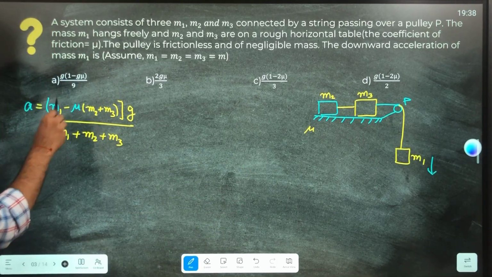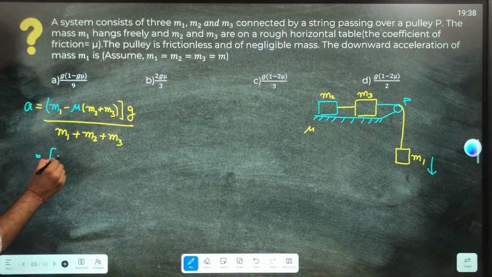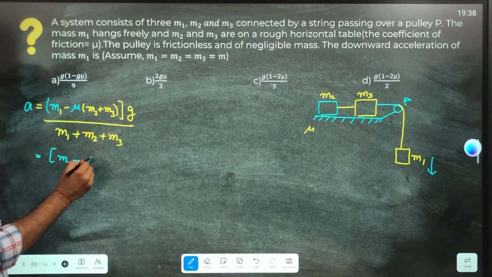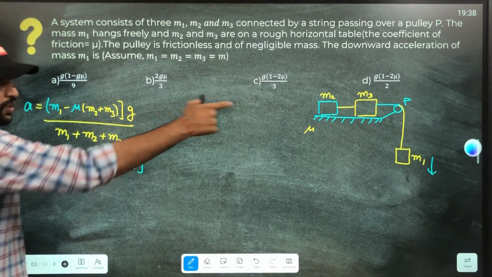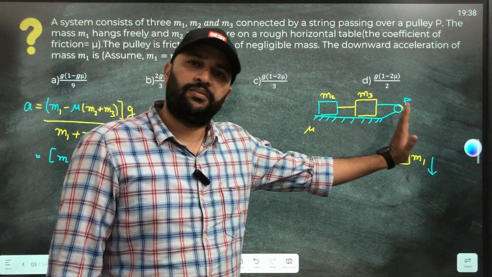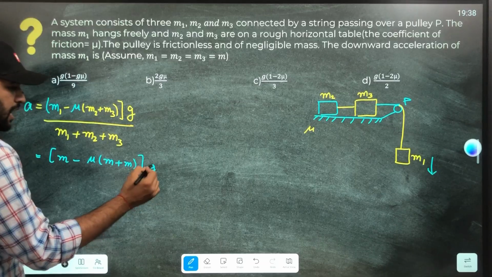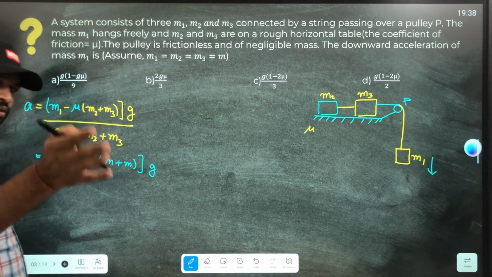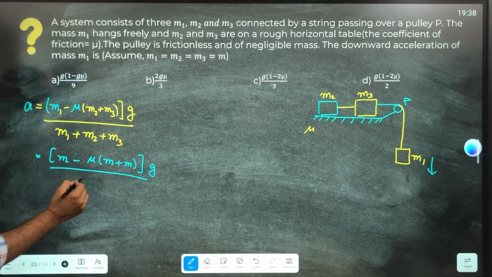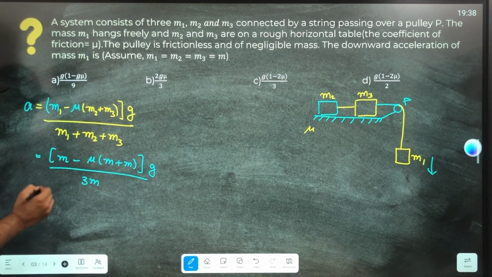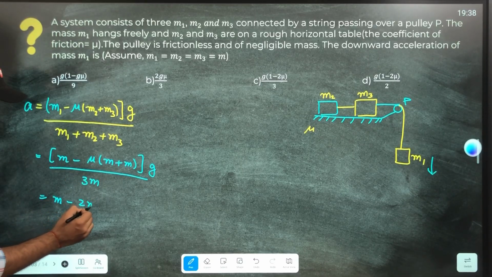So as per the problem, all the three masses are equal. So let me substitute here. This will be m minus mu times m plus m. Otherwise, you can make the equations, draw the free body diagrams and simplify, you will get the same. So don't worry about that, you will get the same thing, okay? And how we get this same thing, that also I have explained. So this will be all m adding 3m, right? So this will be equals to m minus 2m mu